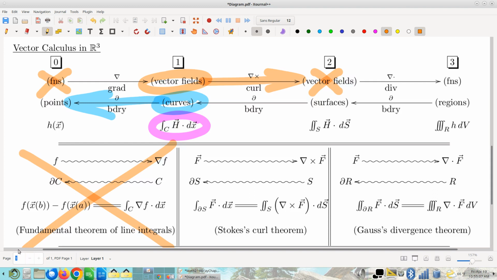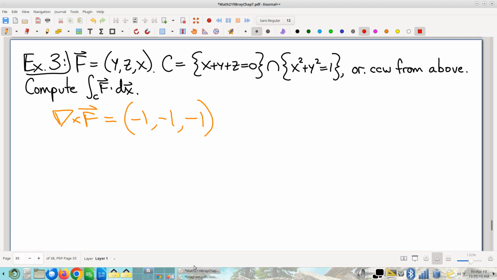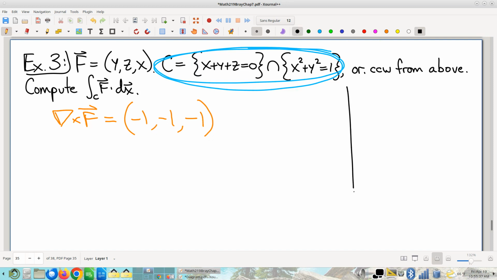Alrighty, let's think about the boundary. Looking at this curve here, it is not given parametrized, so we're going to take, unavoidably, a different point of view on how we compute this. We're going to have to understand this curve, and then, having understood it, figure out where it starts and ends. So we have to draw a picture here, and let's see here. I'm going to note that